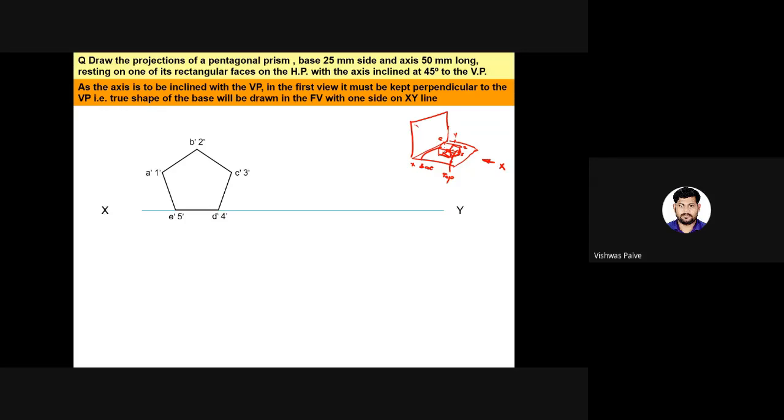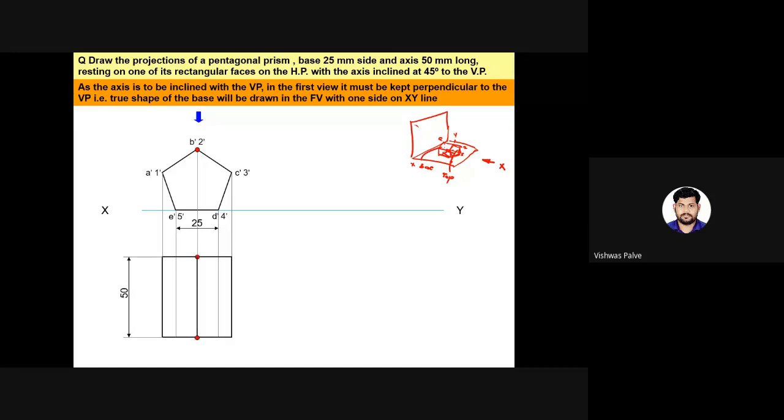When we draw its top view, you have to take individual projections. After taking the projections, the top view will be drawn as a rectangle. Why will it be seen as a rectangle? Because when we observe it from the top, it has a length of 50 millimeters, so we draw that 50 millimeter length. Then we show the edges we see from the top. These are my two points, E and 5, and D and 4. When we observe it from the top, the E and 5 edge will not be visible.